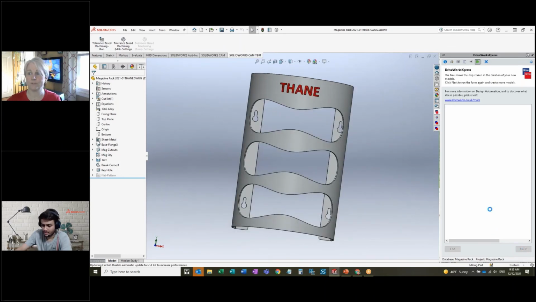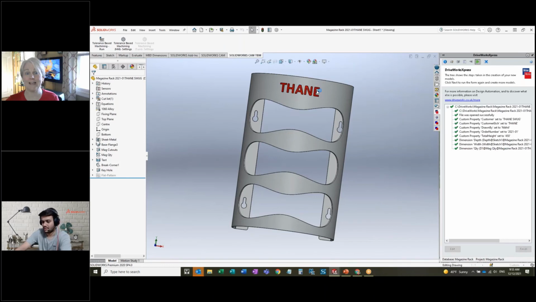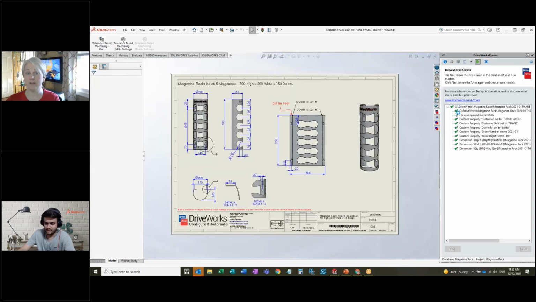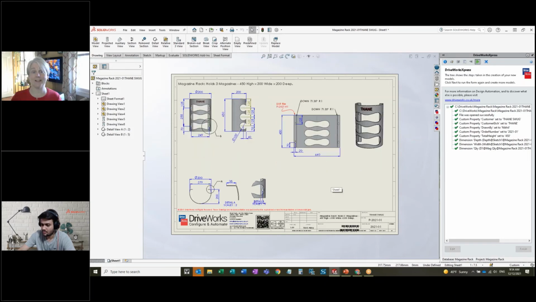So what you're going to see now is we put the name up on top at this point. We've got the new drawing. It's taking the existing drawing right here, and it's going to adjust it to our new drawing. And I'm not touching it. I mean, just the automation of the drawings alone tends to be a bit of an aha moment